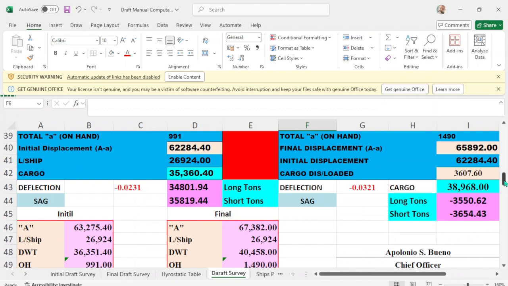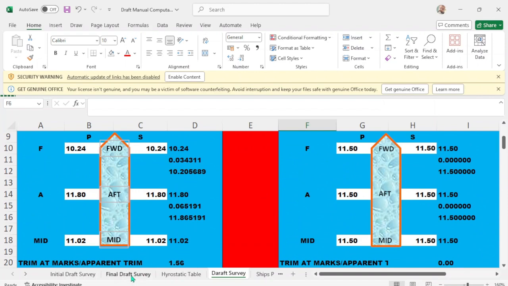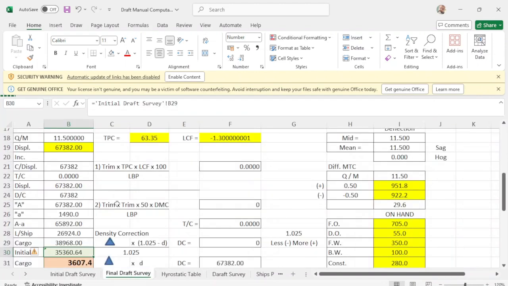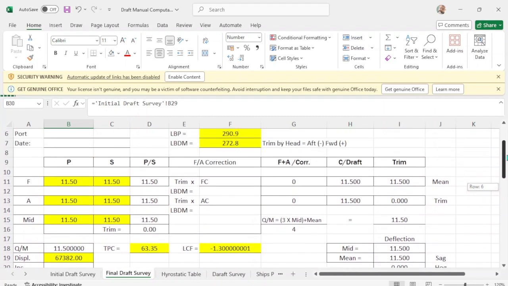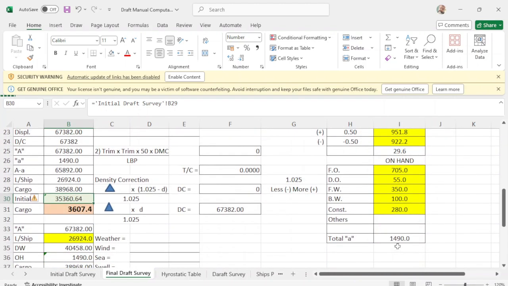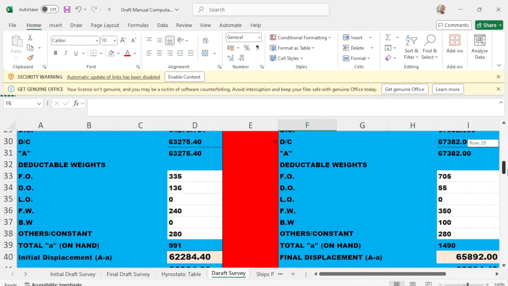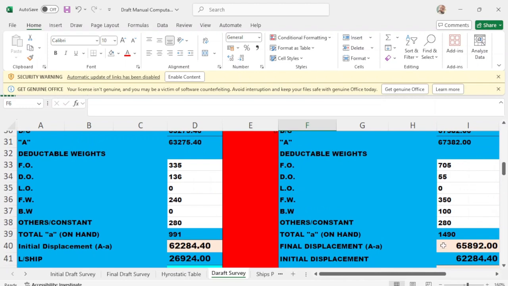So we go to the final drop. Final drop is all even keel 11.5, and the on hands is 1490.